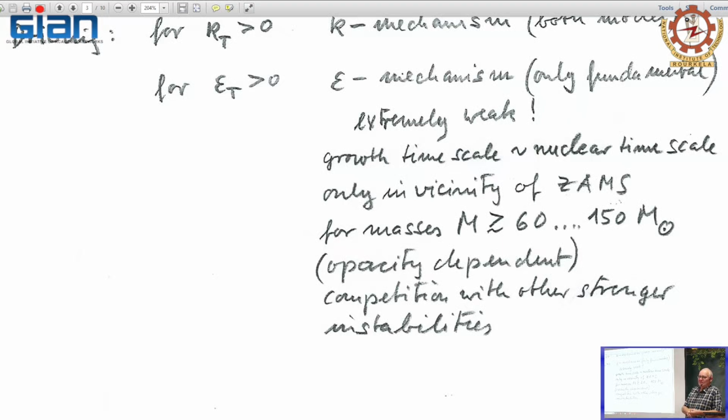That means this epsilon instability is present. It is certainly correct to deal with the epsilon mechanism, but it is of academic interest only because the star